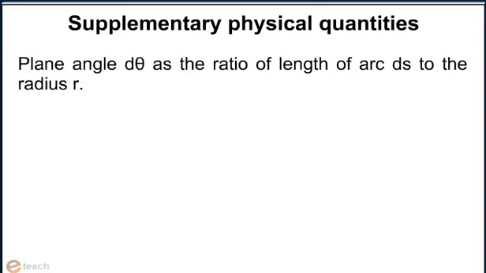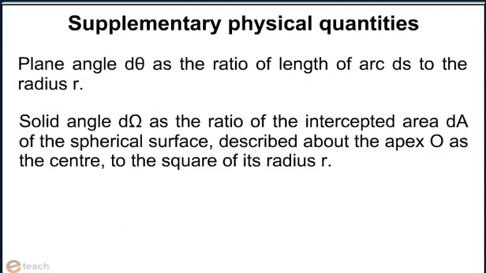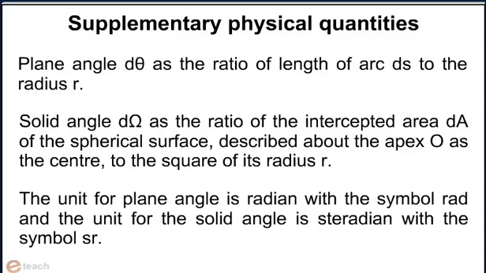Supplementary physical quantities. Plane angle d theta is the ratio of length of arc ds to the radius r. Solid angle d omega is the ratio of the intercepted area dA of the spherical surface described about the apex O as the center to the square of its radius r. The unit for plane angle is radian with the symbol rad, and the unit for the solid angle is steradian